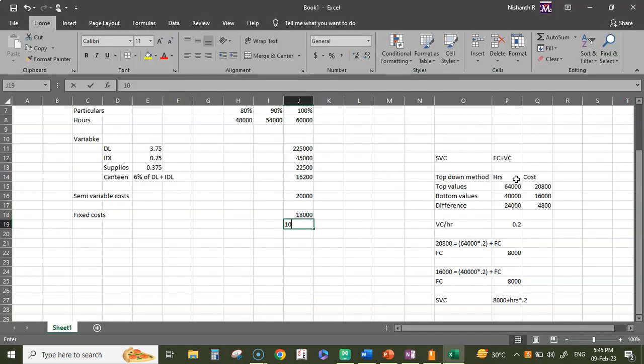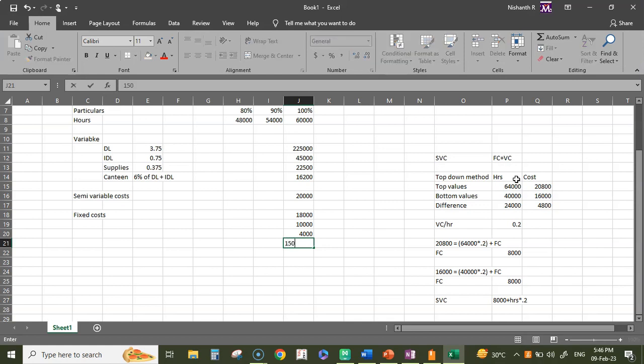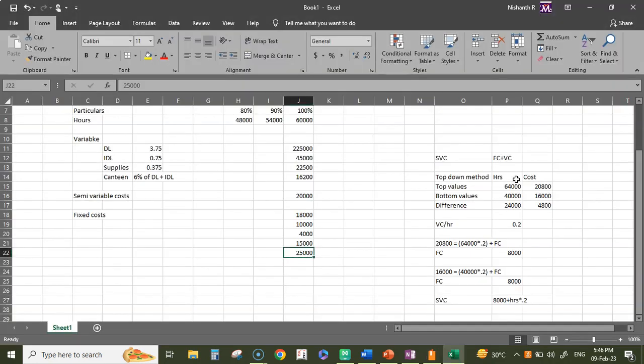Alright, now this doesn't change. This particular value will be the same for all levels of production. This I can copy and paste here and here. It won't change. Alright, fine.